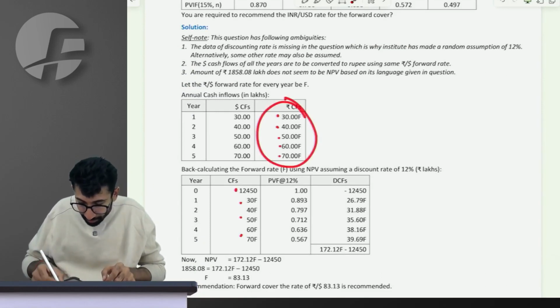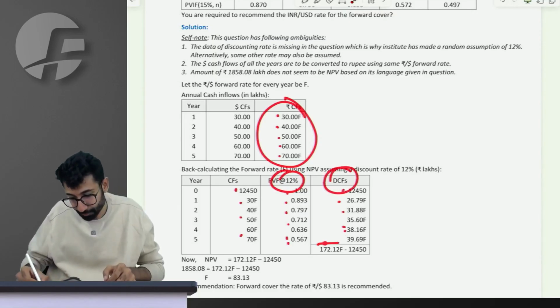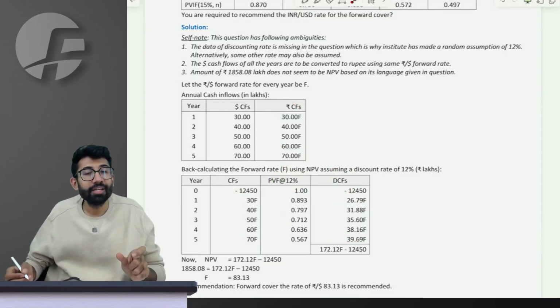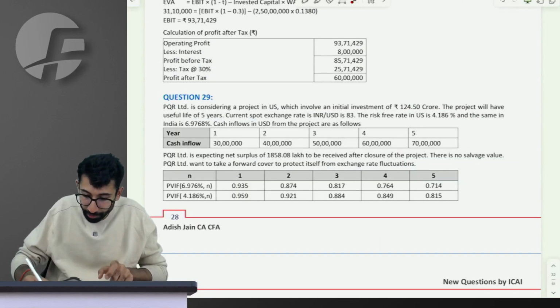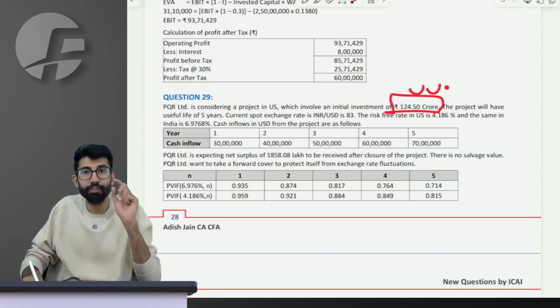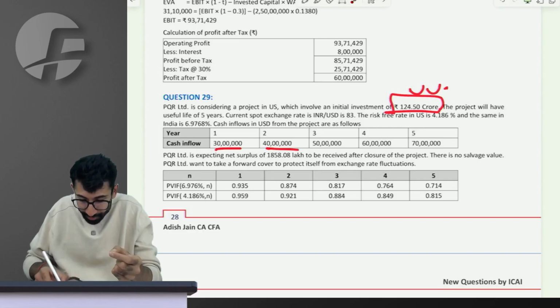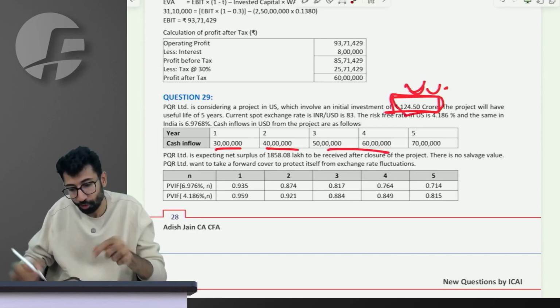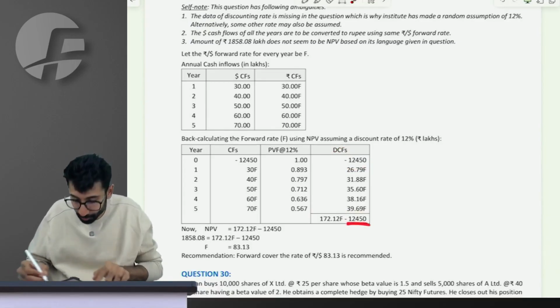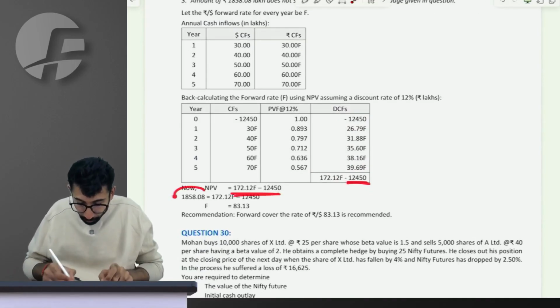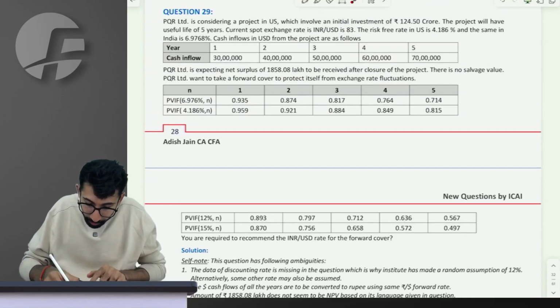Those cash flows, when I discount at the rate of 12%, I get the present value of cash flows. And NPV is present value of cash inflow minus the present value of cash outflow. The present value amount of investment is 124.5 crores. If this is in lakhs, let me convert it: crores into lakhs is 12,450. So this inflow minus outflow is the NPV, which is given to me